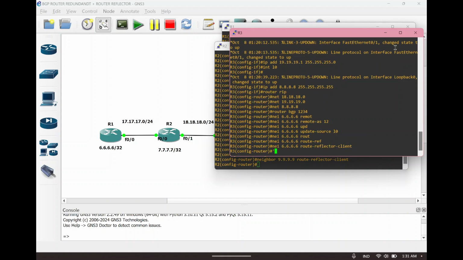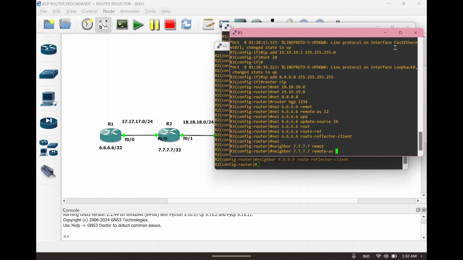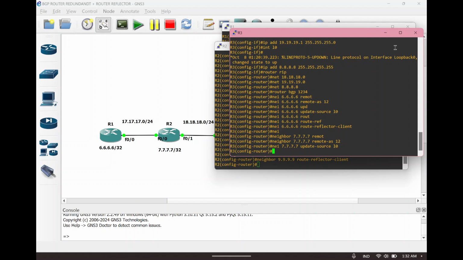Okay. After this, don't forget to enter the IP neighbor. This is neighbor, the IP we want to remote.